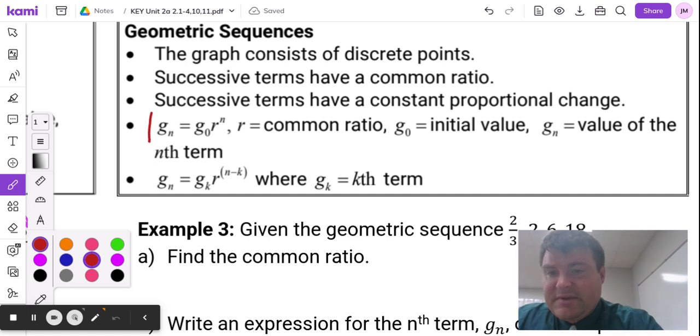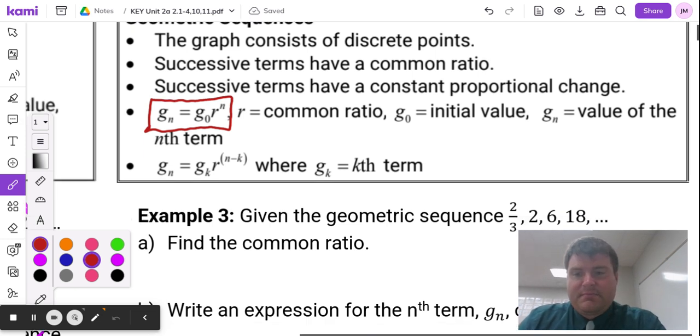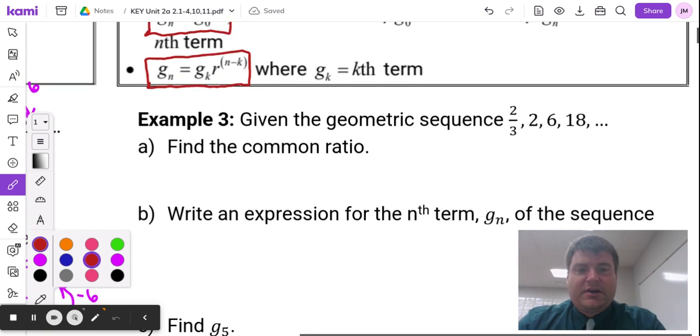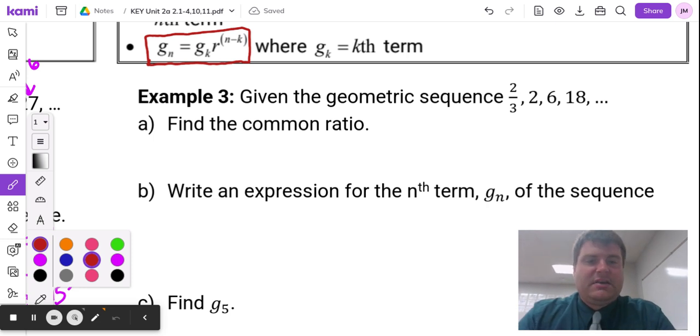We want g sub n is going to be g sub 0 times r to the n. R is the common ratio, g sub 0 is the initial value, and g sub n is the nth term. Or we can use this one down here, which is easier if I'm only given one term or two terms. Okay. So for this first one right here, given the geometric sequence 2/3, 2, 6, 18, it's to figure out